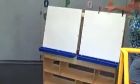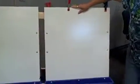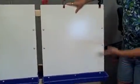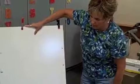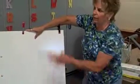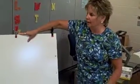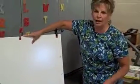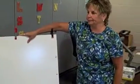We also have easels here. During the school year, I would have paint, markers, dot markers, lots of different art media that they could pick from, that they could make pictures that maybe go along with the letter that we're talking about, or a picture about a season that we're talking about, things like that. Okay, we also have time to come to the computer lab each day, and we usually